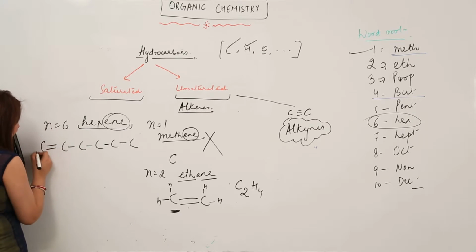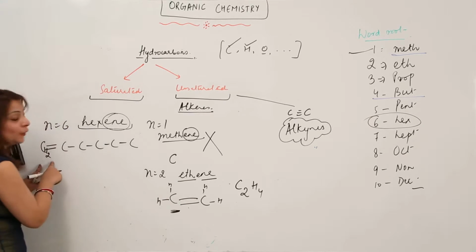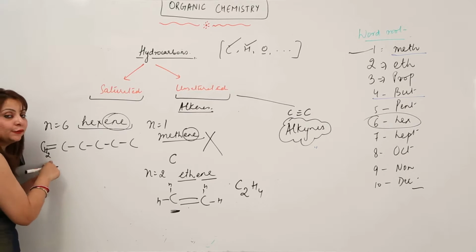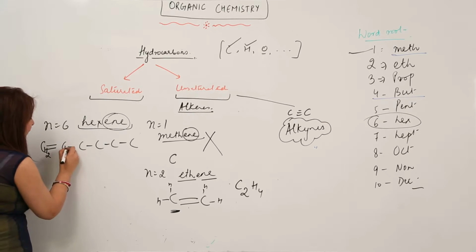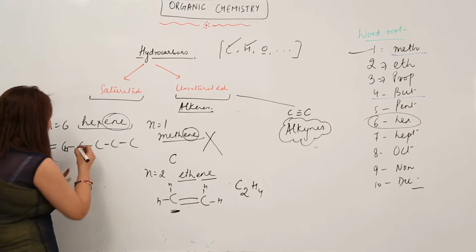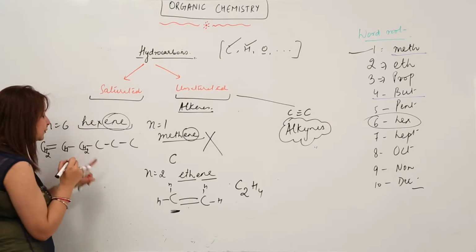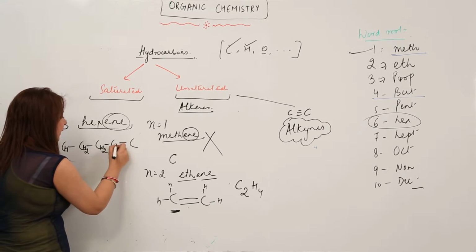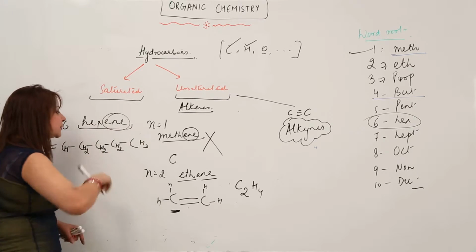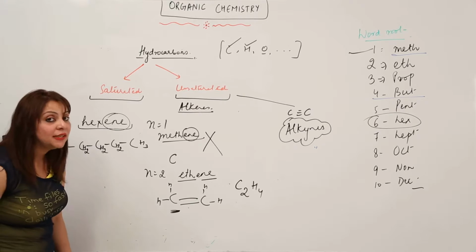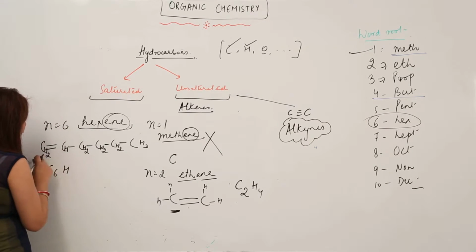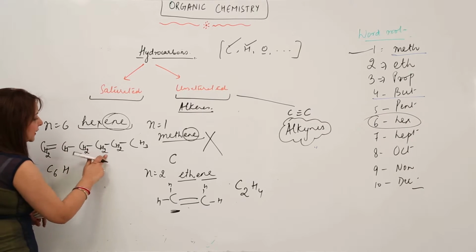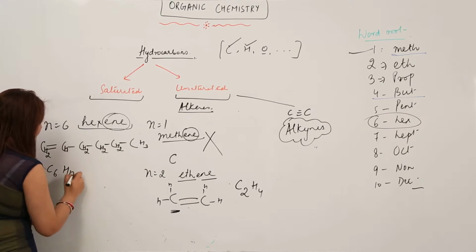So for the remaining valencies, we just need to add hydrogens. I think you know how to write the open chain, that is why I am directly writing the condensed form. So 2H, 1, 2, 3, 3 bonds specified, left with 1H, 2 again satisfied, left with 2, so 2 hydrogens, again 2 hydrogens, again 2 hydrogens, again 3 hydrogens. So this is the condensed formula for hexene, and I can make it more condensed, that is C6H12: 2, 3, 4, 5, 6, 7, 8, 9, 10, 11, 12.